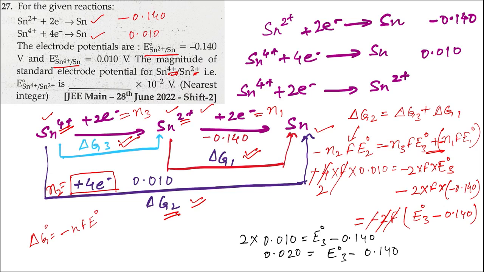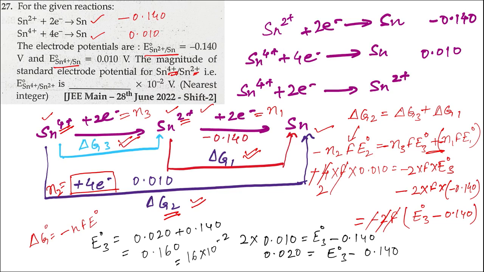Now solving this, E naught 3 is equal to 0.040 plus 0.140. This becomes 0.180, or it can also be written as 18 into 10 to the power minus 2. So here the correct answer will be, in the fill in the blanks it is given as